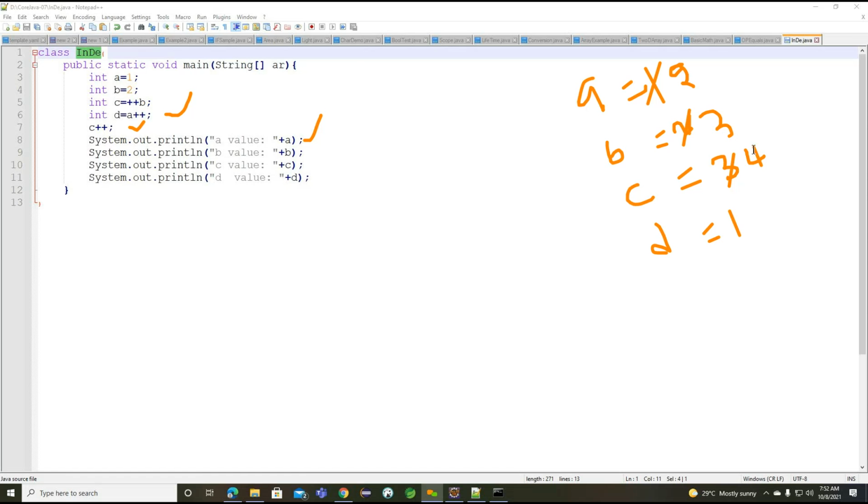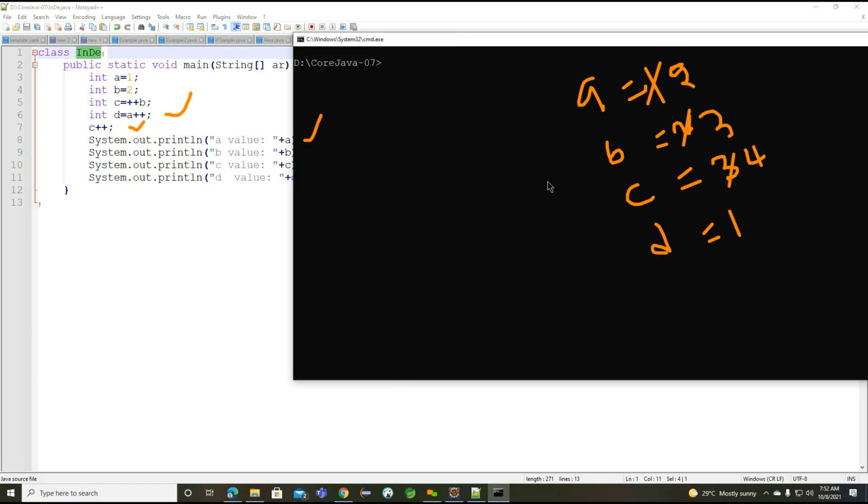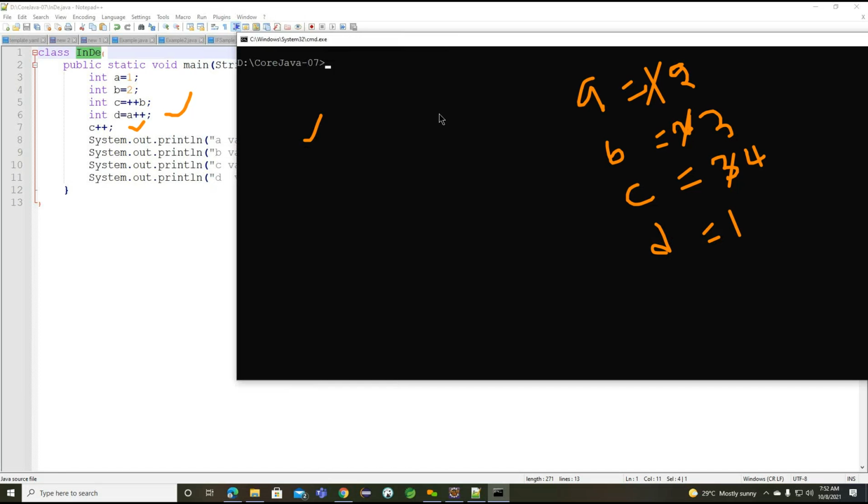Now we'll try to run the same example here, to check whether whatever the value we provided, we are getting the same or not. What we can do, we need to compile the code here. So to compile the code, I want to clear the console. And here javac INDE.java. It is compiled successfully. INDE is nothing but increment and decrement here. So 2341. We provided the 2341 only, right?